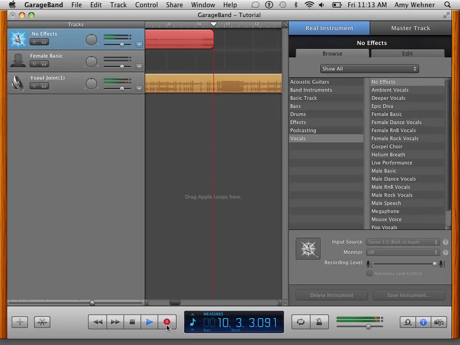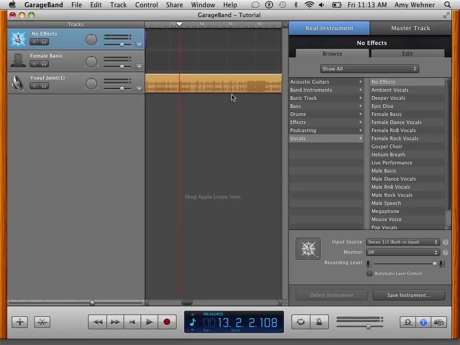So then when you're done with the recording, you just hit the record button again, and it stops the recording, and then you can hit stop, and that'll stop the play. Now if you look here, the recording that I did is in purple, and the track that I brought in is in orange. Now if you look at the end of my recording, the track that I have is longer